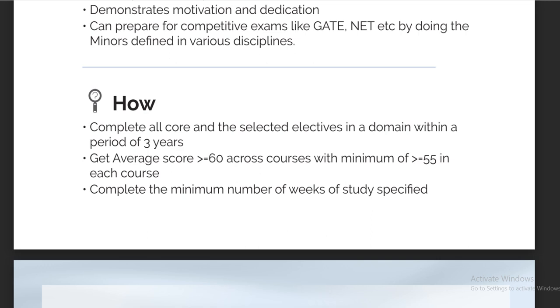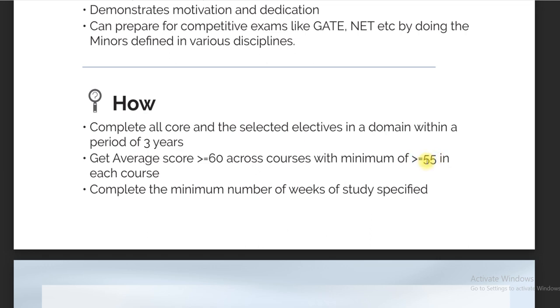When you take the average, adding all the course scores and dividing by the number of courses, it should be greater than or equal to 60. If one course score is 56 or 57, less than 60 but 55 or above, then that is okay.